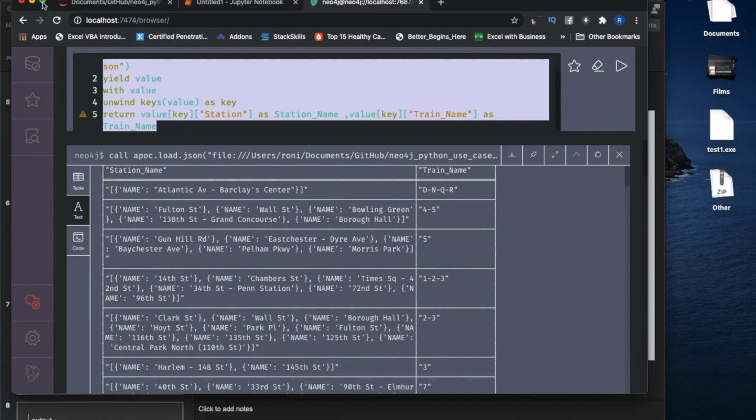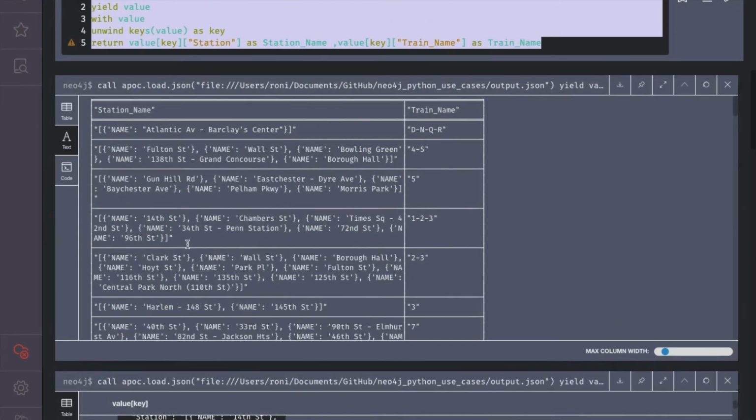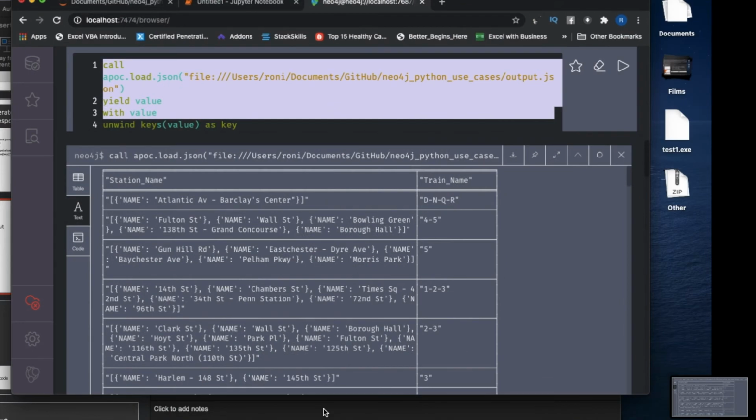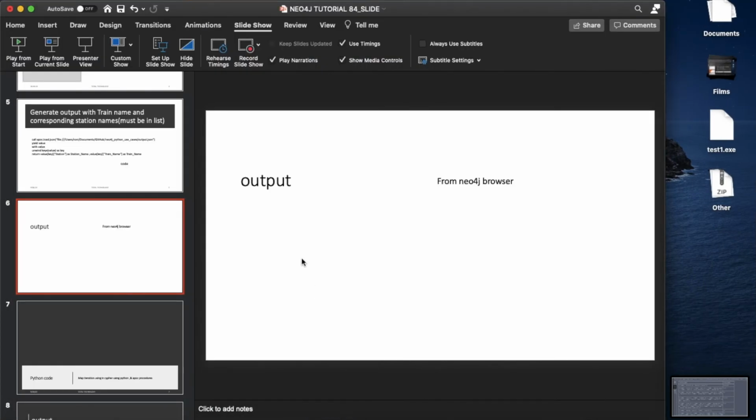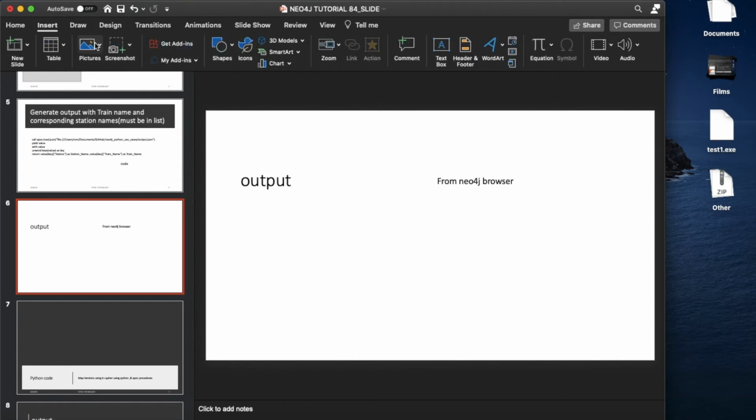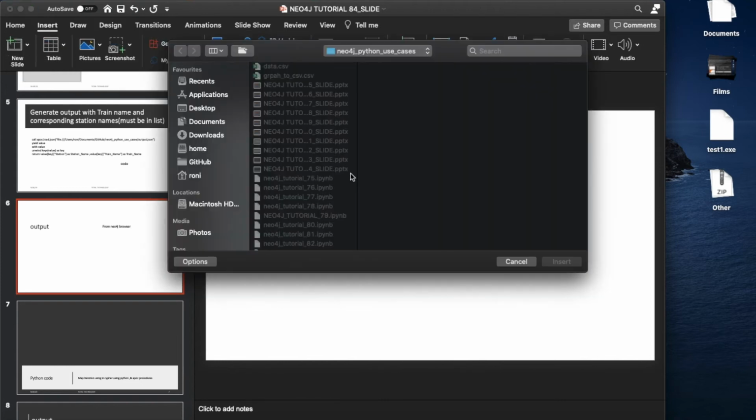Okay, let me just take a screenshot of this thing. Okay, screenshot is done. So I'll be going to put this thing in the screenshot. So insert picture from file, download,